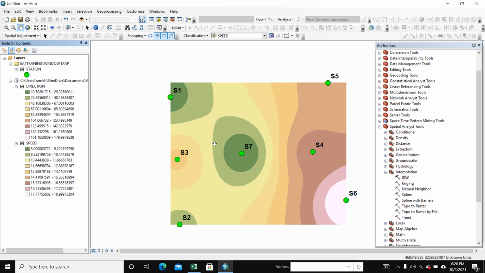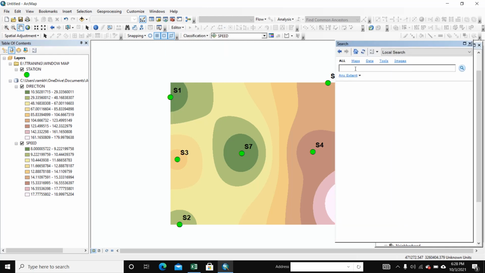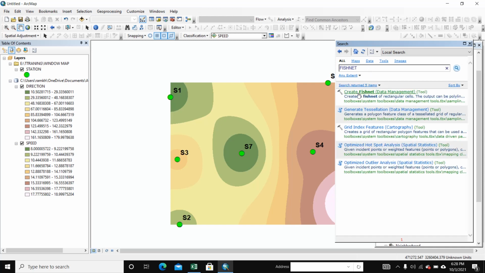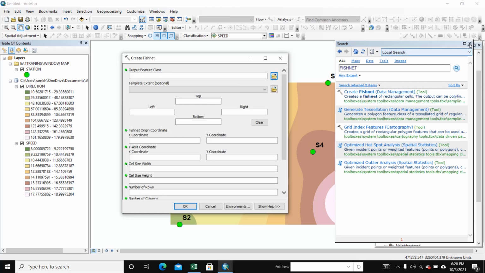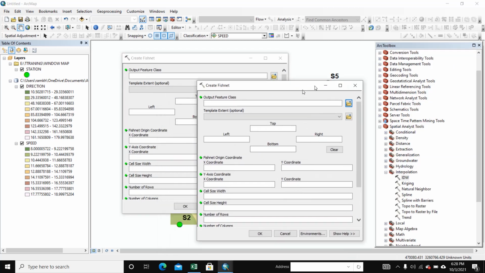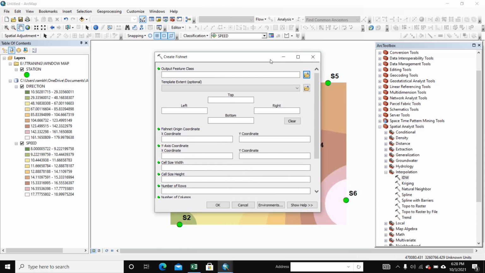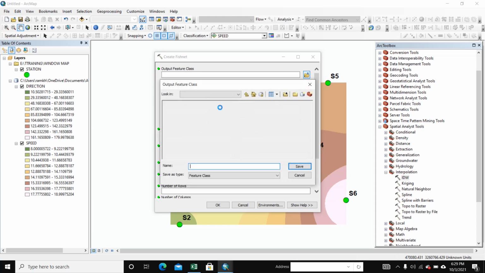and we create a fishnet. We go to search and we write here fishnet. Create fishnet. We select here output location.